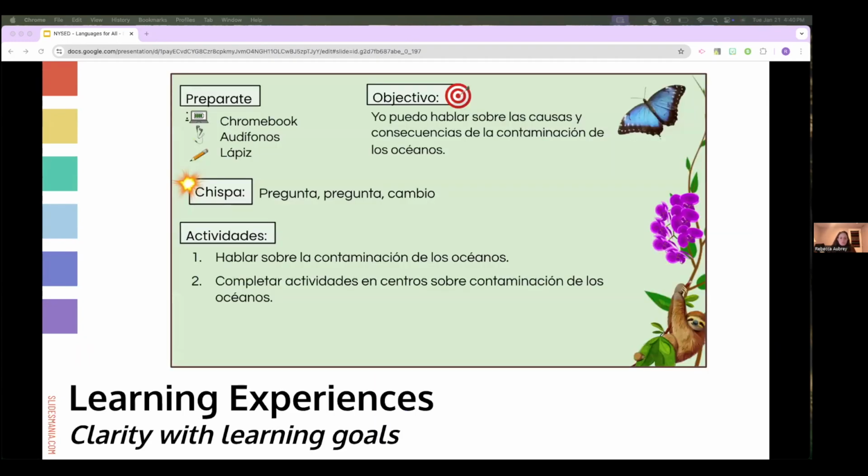First and foremost, there's so much research about the importance of clarity of learning goals and having consistent routines for your students. This is an important trauma-informed practice. It's a culturally responsive practice. It's also something that supports learners with anxiety, because you're making it predictable, and predictable is safe. But it's also really essential for supporting target language use. If you have consistent patterns, it's one less thing that the students need to figure out if you're using the